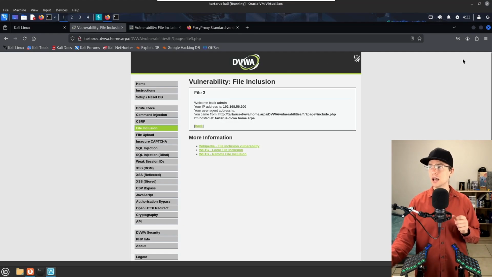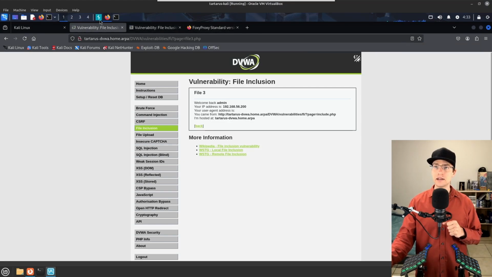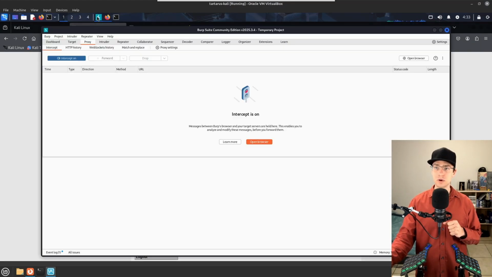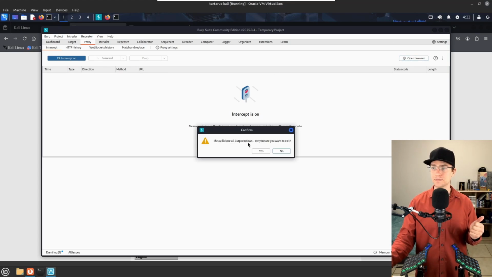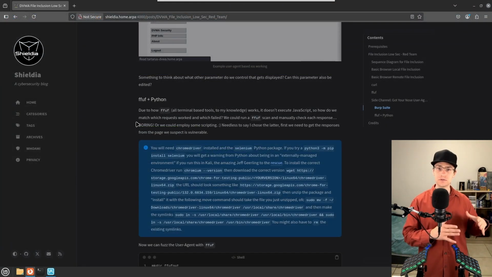Something to think about. I'm going to disable the proxy now and close Burp Suite because we're finished with it for now. Do I want to exit? Yes. Moving on to something a bit more advanced, we can use fuzzfastUFull and Python to be able to, because